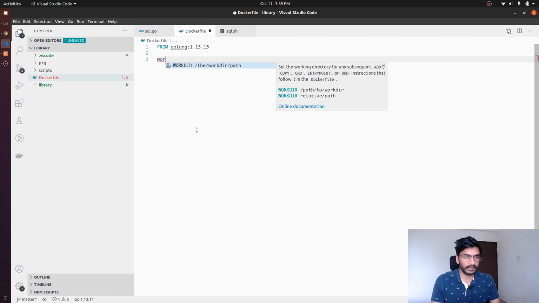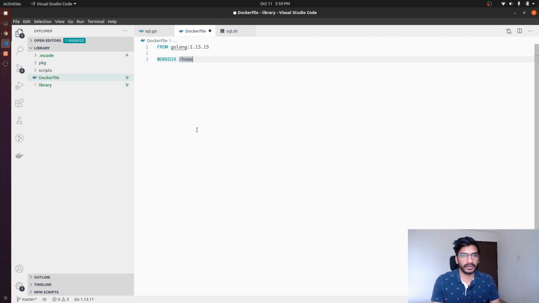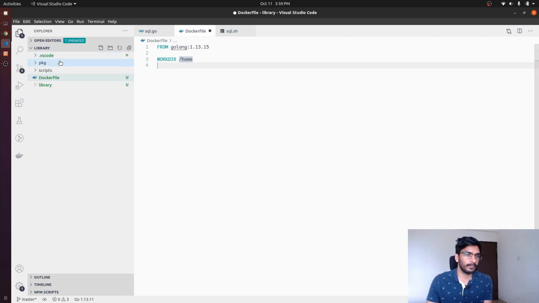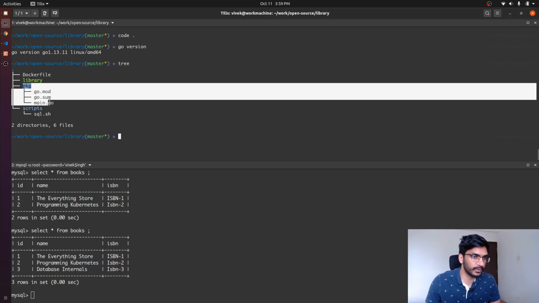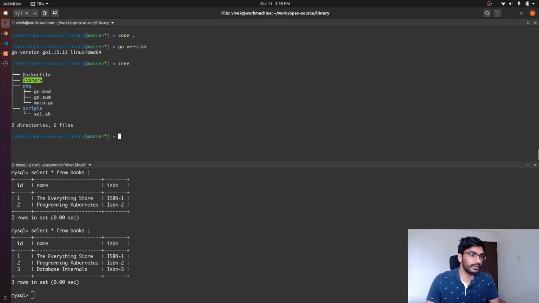We now have a base image, and what we can do now is specify a work directory. Let's say the work directory in our case is going to be home. And then once we have the work directory, we can copy the package that we have, or the code that is required to build the library application. So if we look into our package structure, this is the code that is required to create the library binary, right?